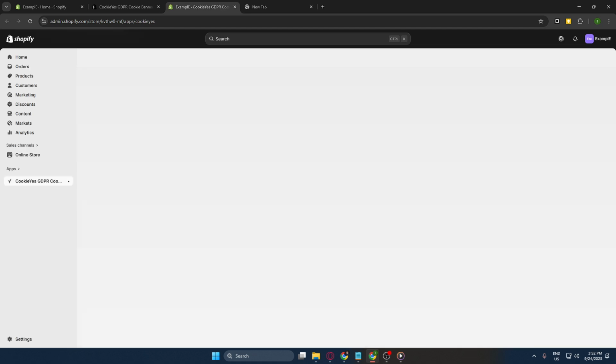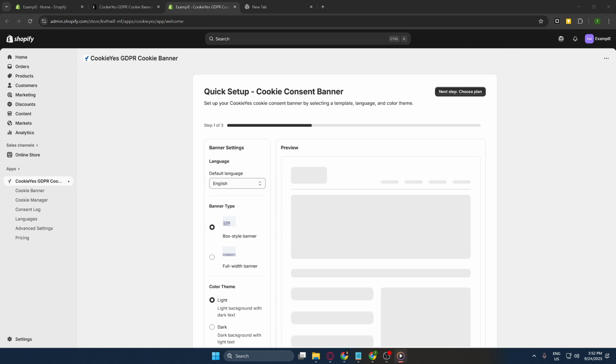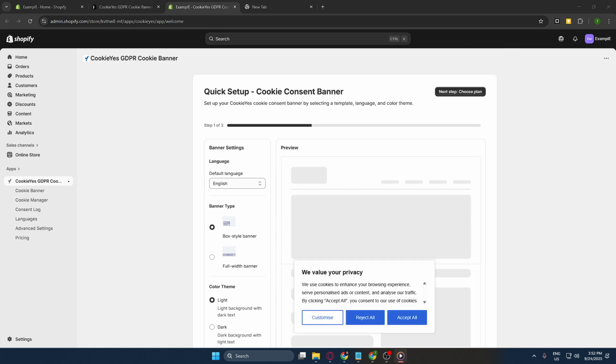Remember, maintaining compliance with legal standards is not just about following the law. It's also about building trust with your customers by being transparent about how their data is handled. By using tools like the Cookie Yes GDPR cookie banner, you're taking the necessary steps to protect both your business